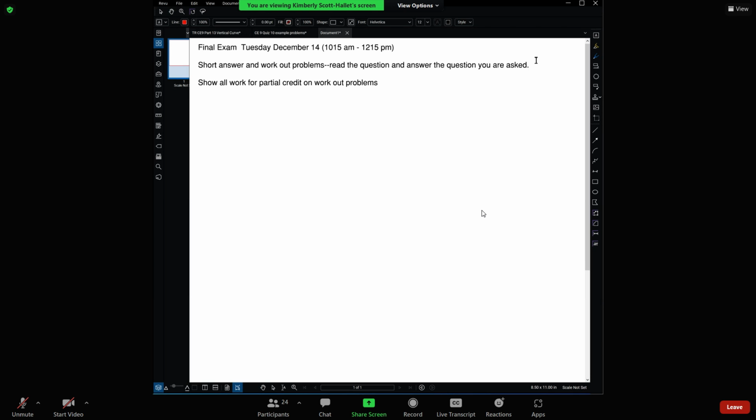So on the workout problems, show all of your work for partial credit. If you just give me a final answer and I have no idea how you got there, that's not showing knowledge of the problem. You're not going to gain any credit for that. There are a few exceptions. Obviously, if you have a table that has departures and latitudes and you say the sum of the departures is this and the sum of the latitudes is that, and you don't show your work,